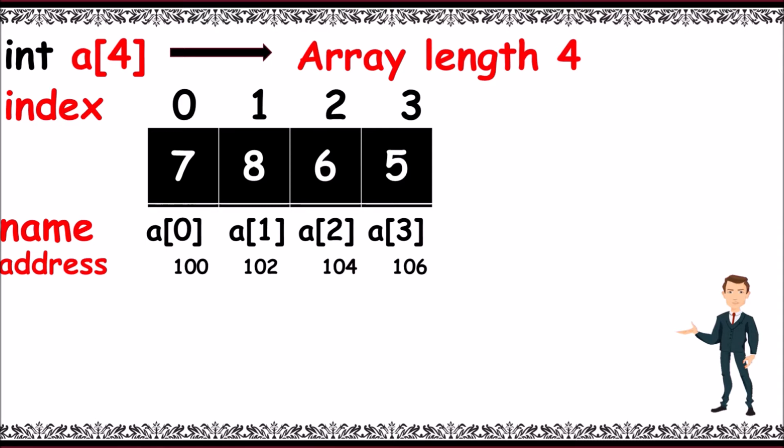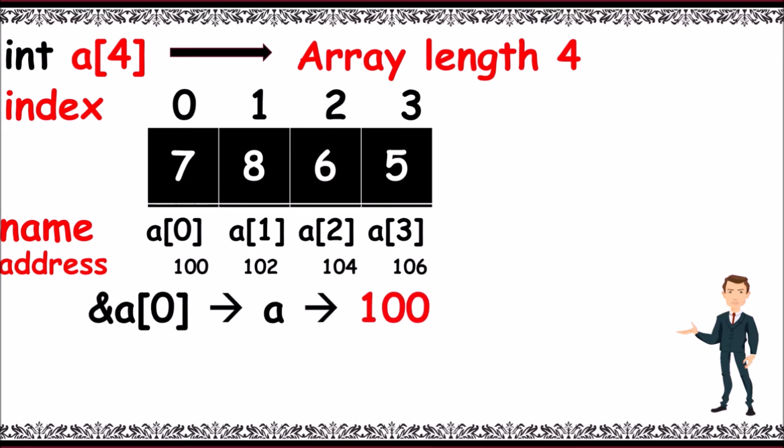The core point we need to know is that the first element's address can be represented as &a[0]. The same can be represented as a. Here in this example, 100 is the address and a[0] represents the first element name in the array. With the help of a pointer, it can also be written as *a. It represents 7 as in the given example.